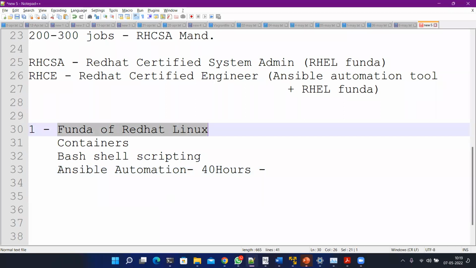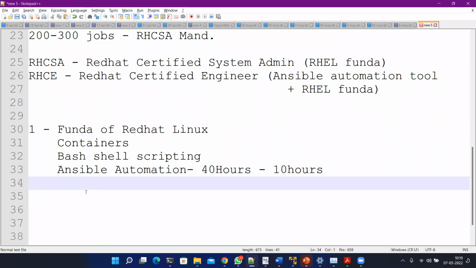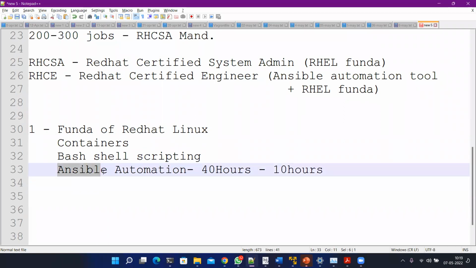Obviously not 40 hours, maybe 10 hours. This much Ansible I'm going to teach you, so that you're confident enough to mention Ansible in your CV. You can also apply for another job, the automation engineer position. So obviously it's an upgrade.